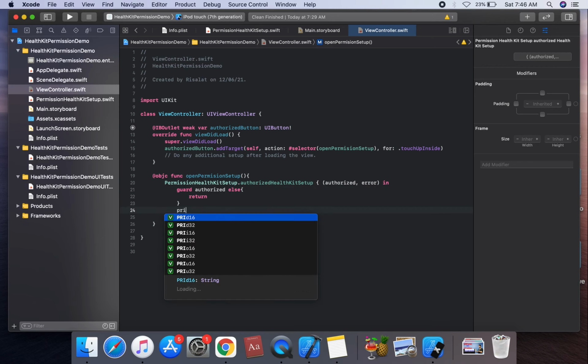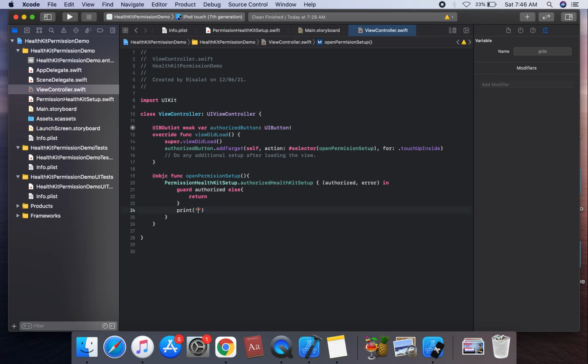So we're gonna use a print statement: HealthKit authorized successful.